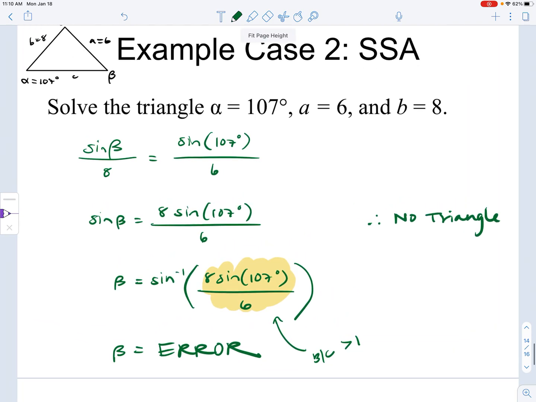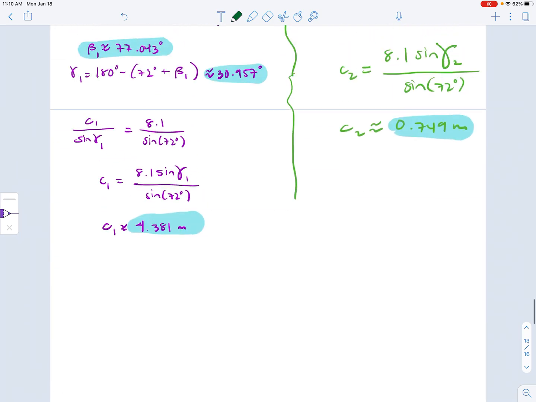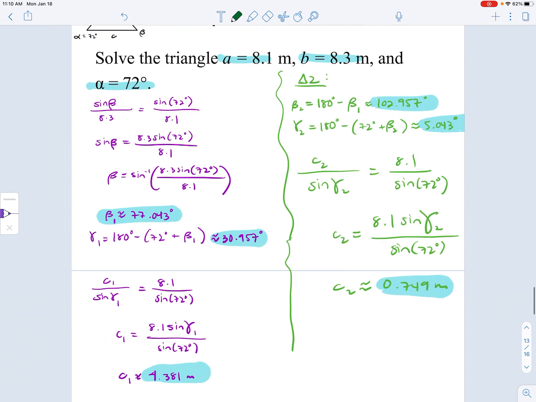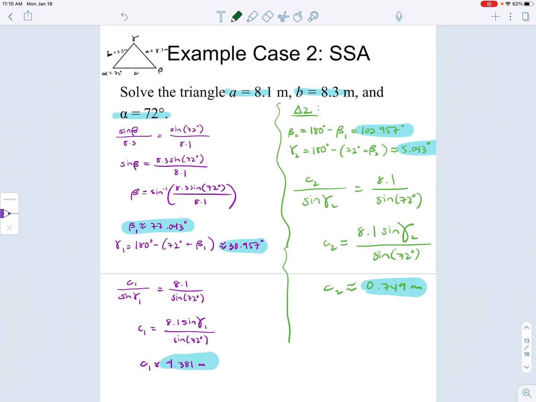Okay, again, on a test, I would not give you information that did not represent an actual triangle. Make sure that you are storing values in your calculator. You are representing exact values on your page, even if you're having to use the variables to represent